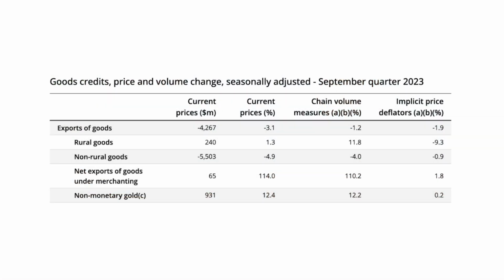Hasn't really kept up, because if we look at the export prices, they've actually had a 3.1% decrease just in the September quarter alone. Yeah, so I think it should be highlighted. That's the total goods exports, right? Volumes were down by 1.2%, prices were down by 1.9%. So you're seeing that for goods exports, right,